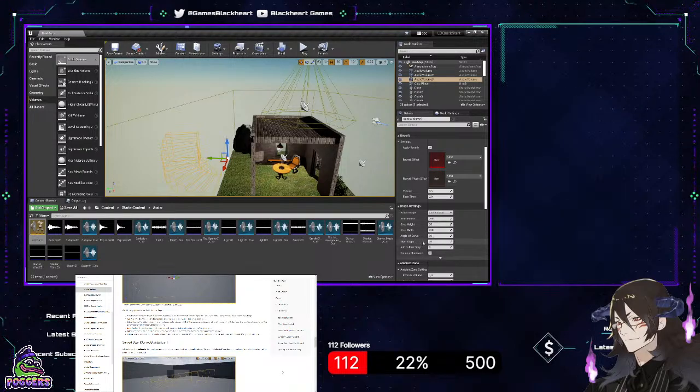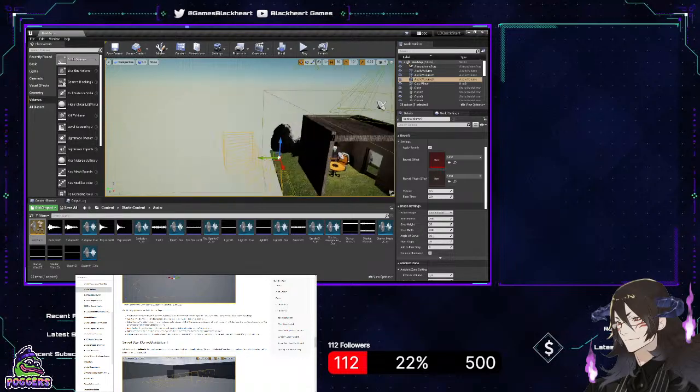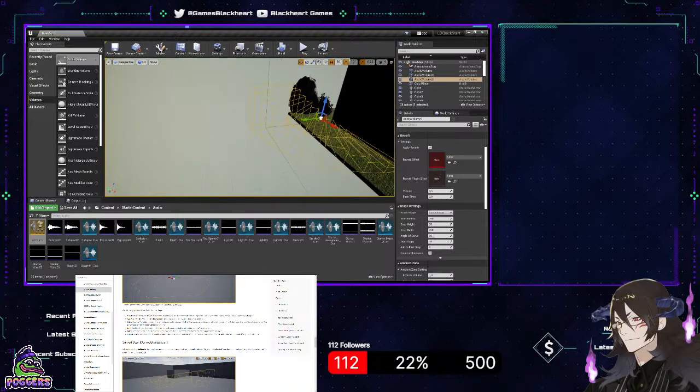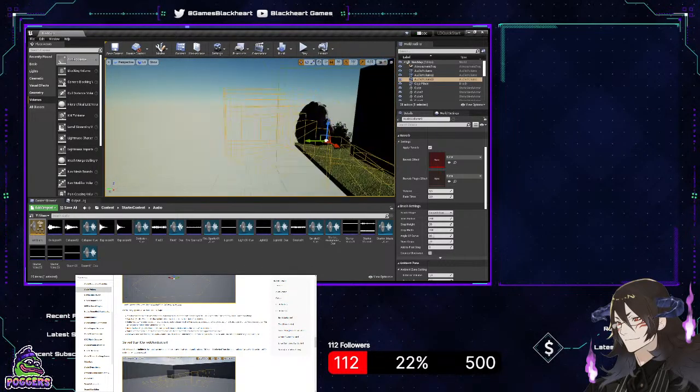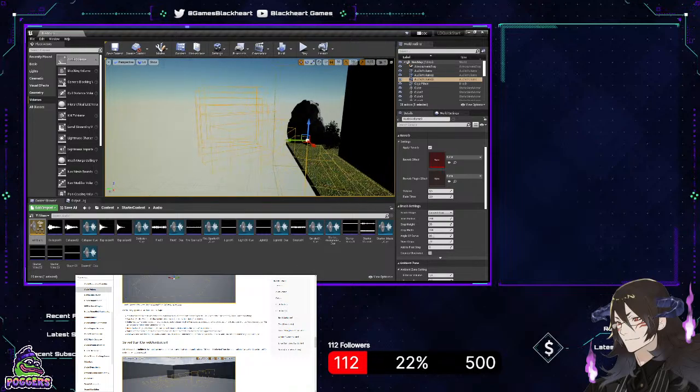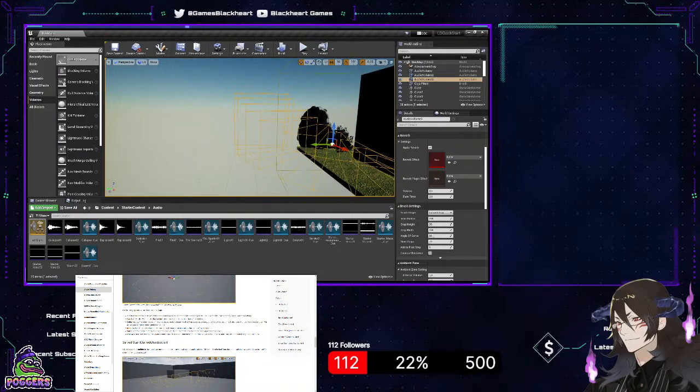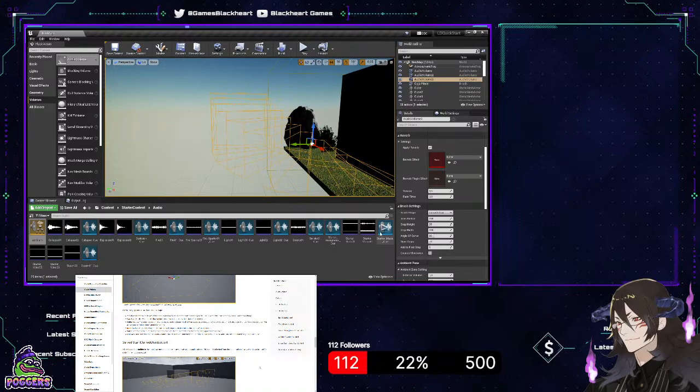Let me reduce that down a bit because I want to see if I put an audio volume in each one of the steps, what will I hear there? You get what I'm saying? What I probably should do as well is get some kind of visual representation so I know exactly where